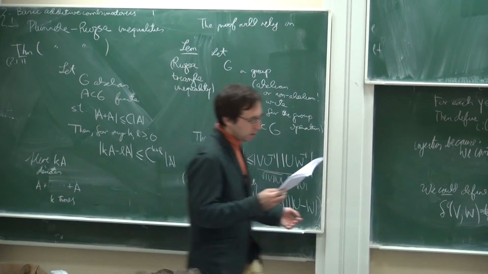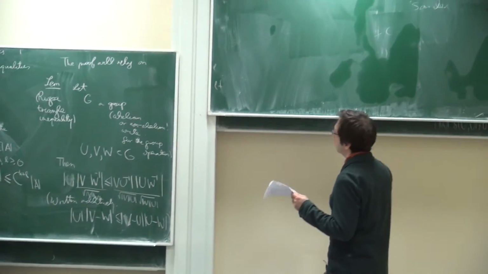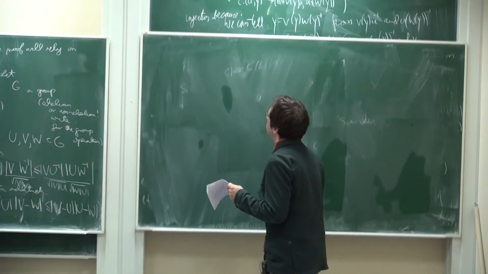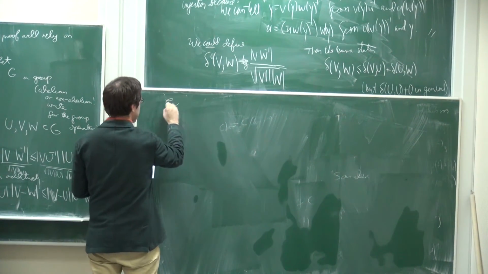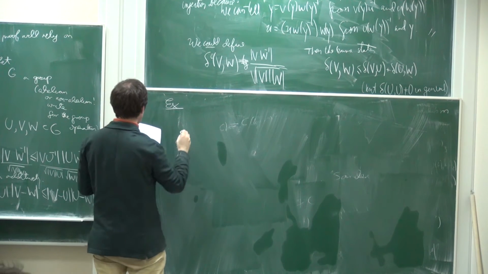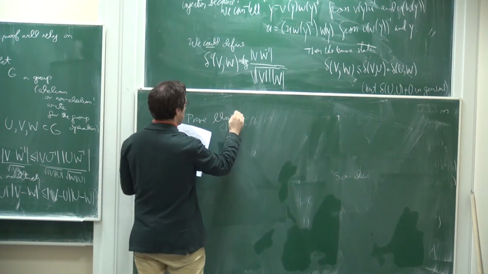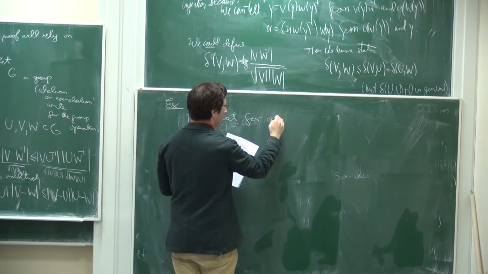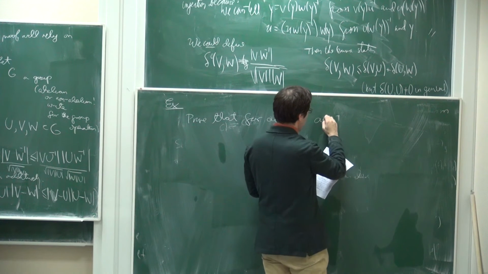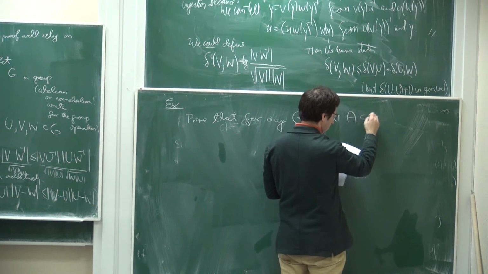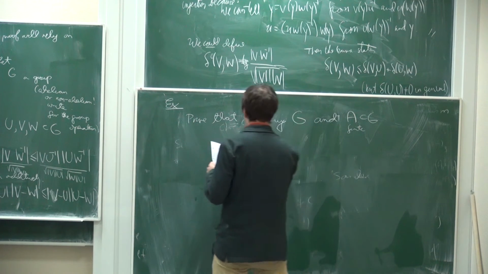All right. Let me also tell you. So let me give you a little exercise. But since you're quite fast, perhaps you will do it right now. Exercise. Prove that for any G, abelian or non-abelian, and a finite set A, if